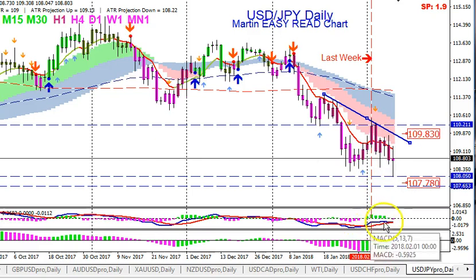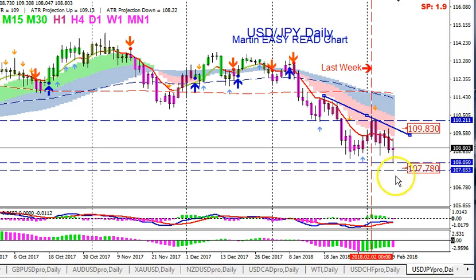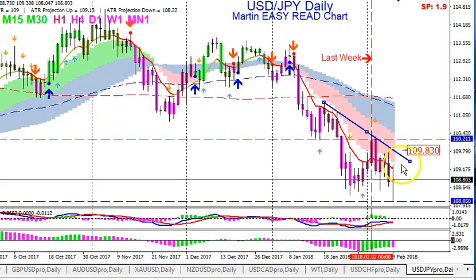Again, you can see the blue MACD line right now. It's horizontal, but it could be ready to cross the red signal again. We've got one pink bar right here on the long-term trending. So it's possible that price could come down lower, and I've already drawn in your 2 horizontal lines right here for support. But if you think price is going to come down much lower, then you might want to wait for a sell below 107.78. And to the upside, if you think price is going to go higher, you could look at buys above